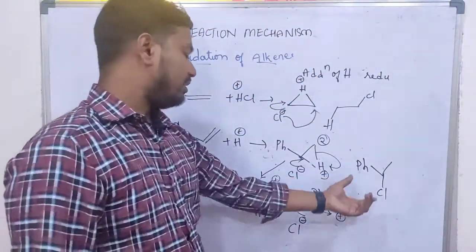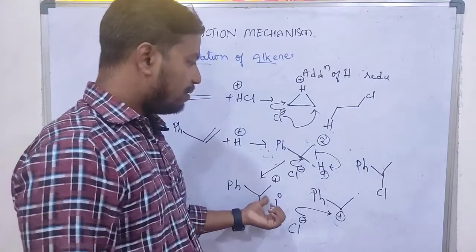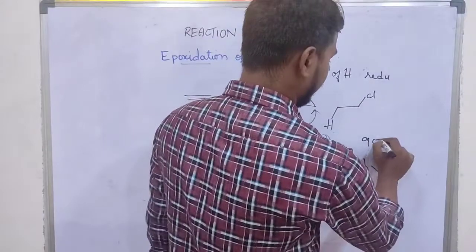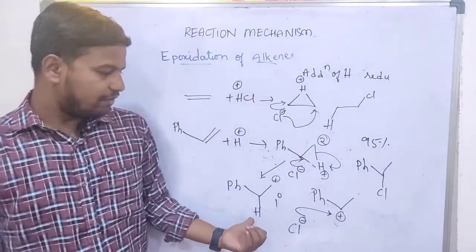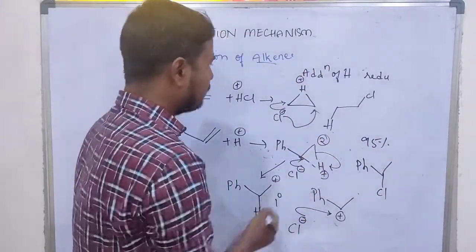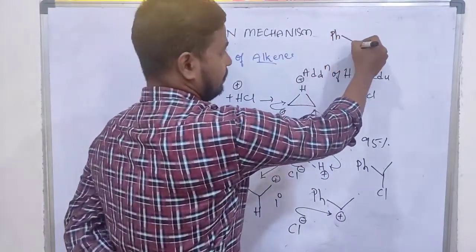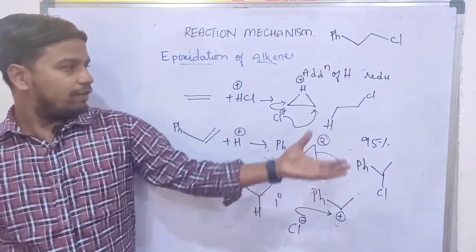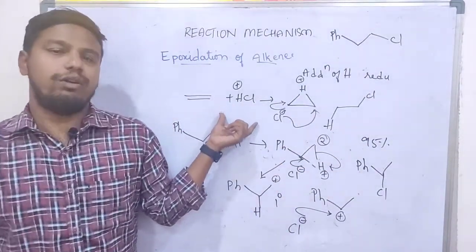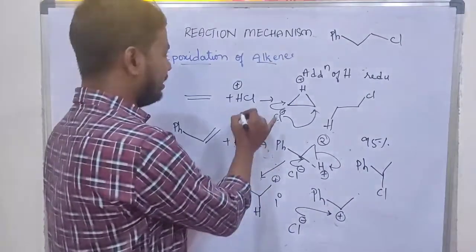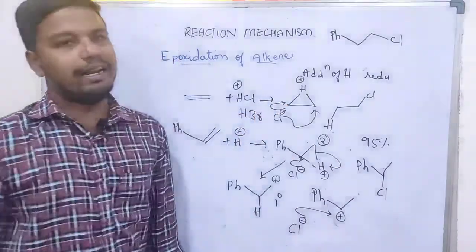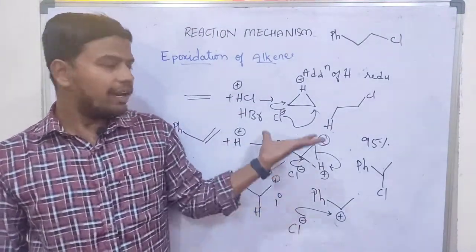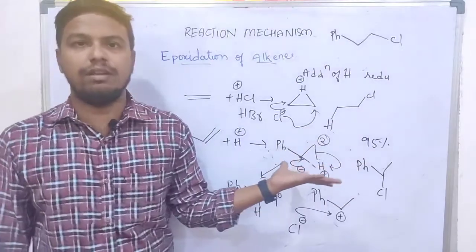Yeah. So see this, even if the chlorine attacks here, not 100% product is formed here, only 95% yield is there. The remaining 5% is the formation of this species where chlorine is attacking from here. The product is like this. Okay, so this is about the electrophilic addition using hydrochloric acid. In place of hydrochloric acid you can take HBr or HI also, right? The favorable condition for this reaction is low temperature.